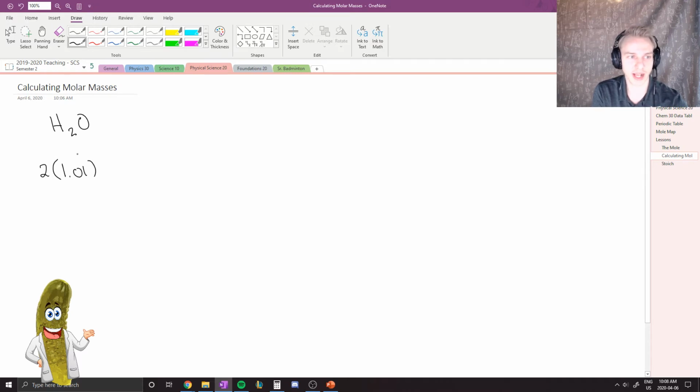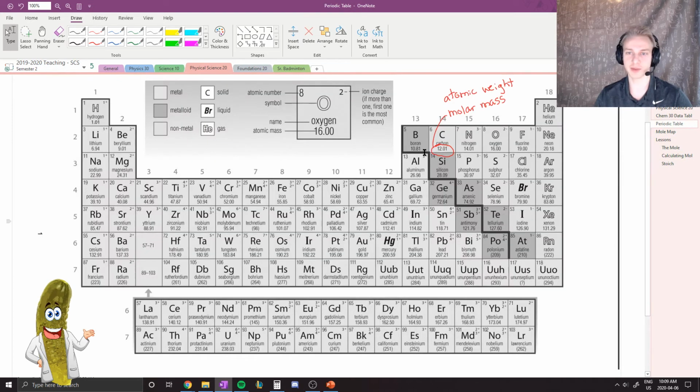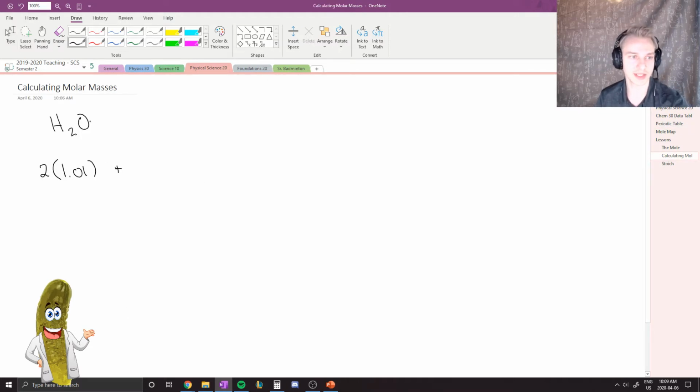Now, that will give us the mass of the hydrogens, but that won't give us the entire molar mass of this water. So we need to add on to it the molar mass of oxygen. If I go back to my periodic table and look at oxygen, I can see that oxygen has a molar mass of 16. And we also know, based on the numbers that are not present here, because chemists are lazy, that there's only one oxygen. You could multiply that by 1, but there's no point in doing that because multiplying by 1 just equals our number. Then when we multiply this by 2 and add this together with the 16, we're going to get